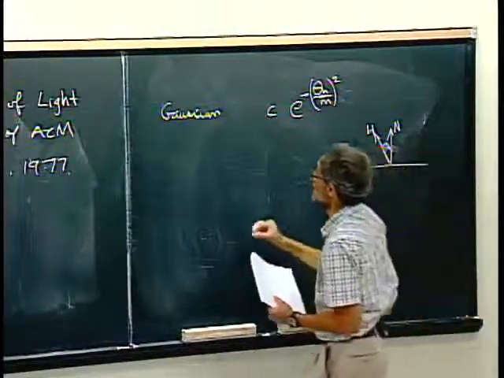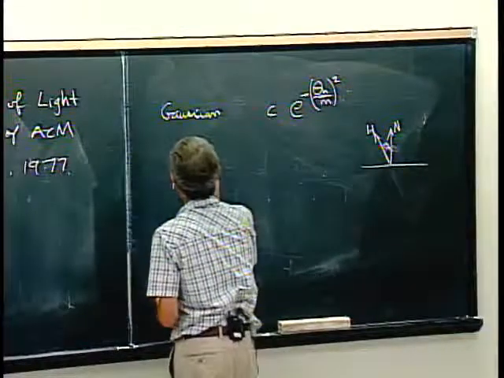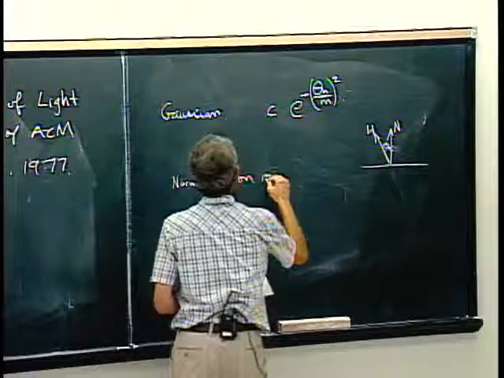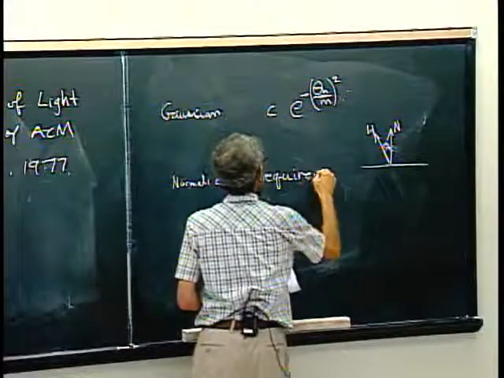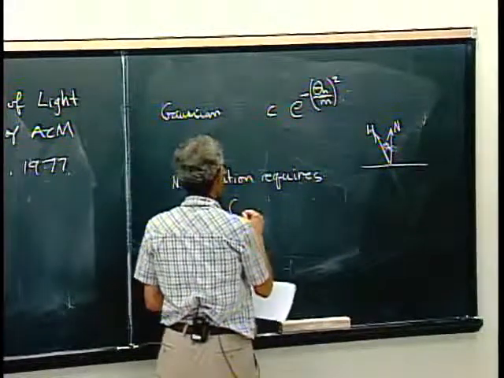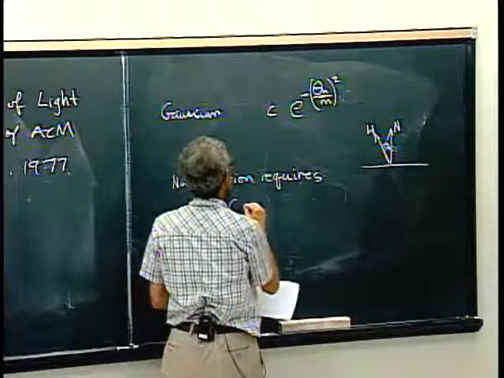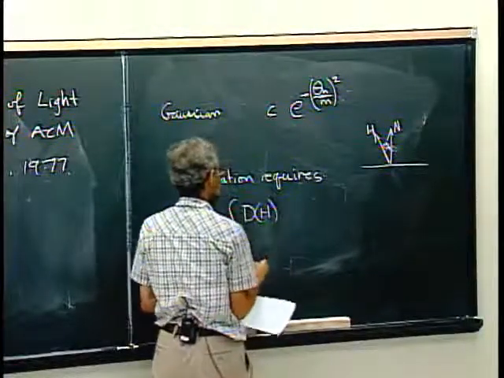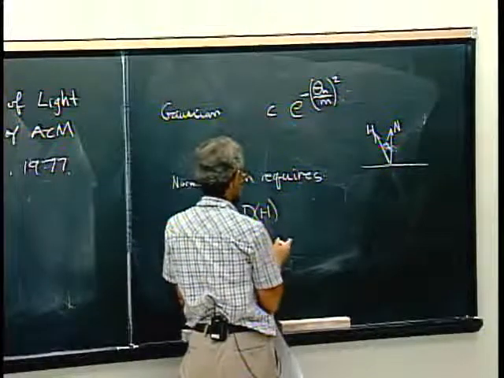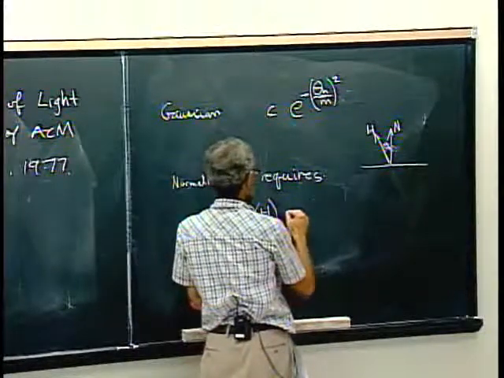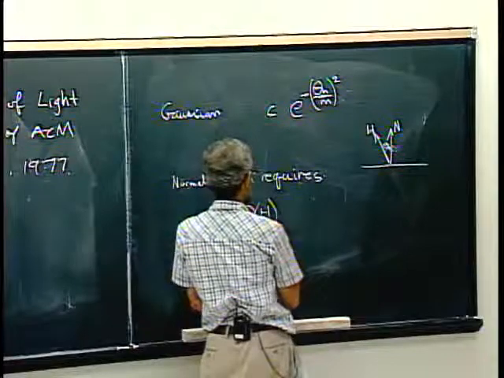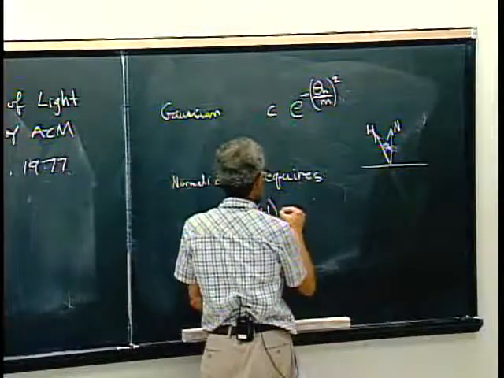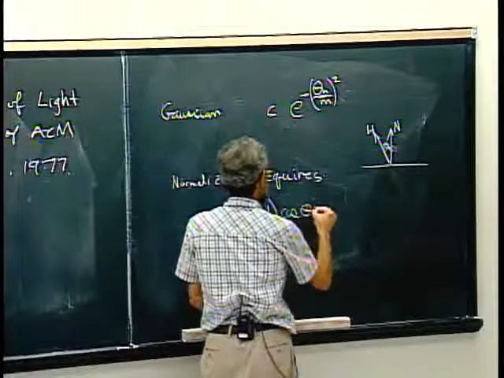So normalization requires that the integral of the facet area density, this is the true area, times cosine theta h